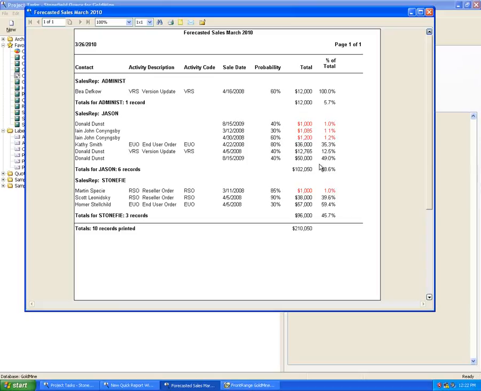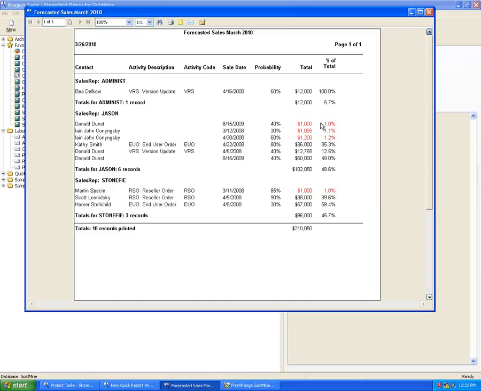So something like this, from a sales rep level and a management level, tells you I need to be spending some time with them. That's 60% of my pipeline. We need to make sure that they're taken care of when we close those sales. Now that doesn't mean we ignore everybody else, but that allows us to figure out where our time is utilized